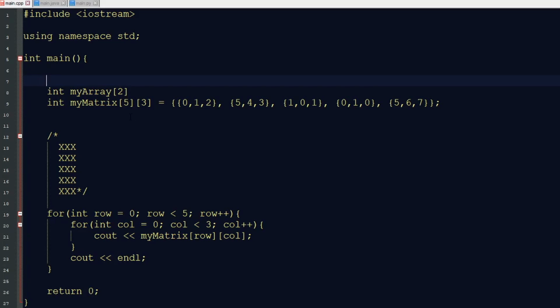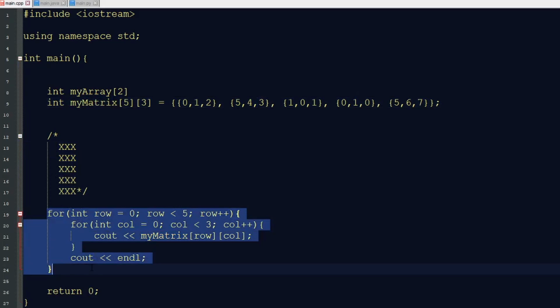So anyways, we can initialize this 2-dimensional array one of 2 ways. We can do it this way, which I think is the easier way, but you have to know the values ahead of time. So we're just wrapping everything in one curly brace, and then each sub curly brace that we have is indicating a new row. So this is our first row, this is our second row, and so on and so forth. Then within those sub curly braces, we're defining each column, the value at that position. So you can see here we have 0, 1, 2, then on the next row 5, 4, 3, and so on and so forth. So anyways, this matrix is looking something like this,